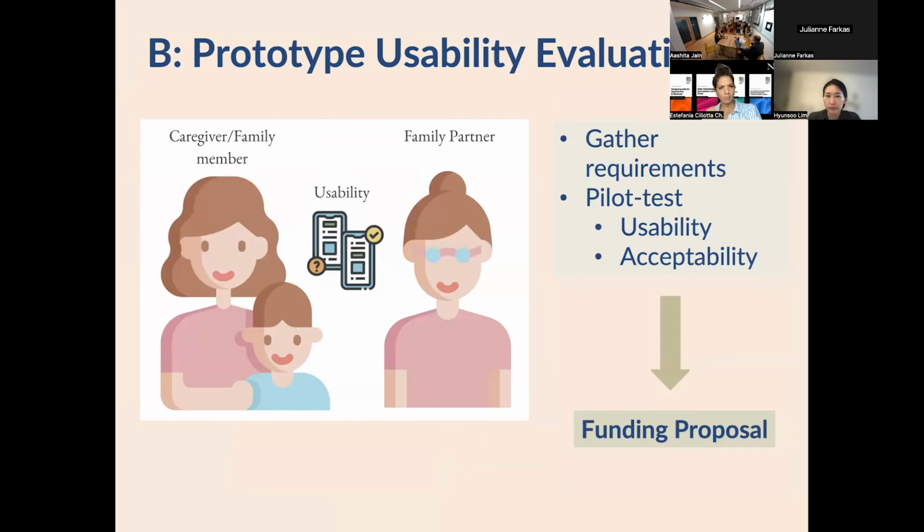So from this initial stage where we develop the sort of requirements document that helps us format and frame the feature set of the application, we'll develop an actual prototype using one of the common prototyping softwares, showing the features, demonstrating how this could actually work in real practice, and we'll circle back again to the same community and evaluate this in a usability and acceptability format where we show them the prototype, they look at it, they play with it, they imagine the use of it in their day-to-day life.